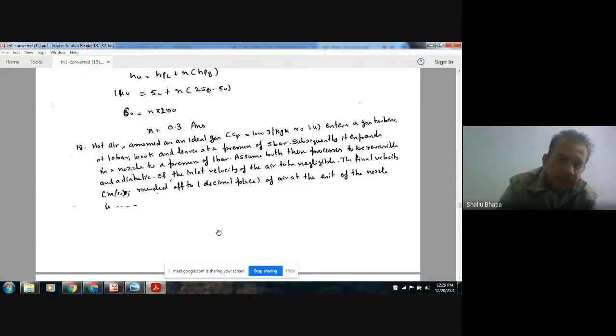Subsequently, it expands in a nozzle to a pressure of 1 bar. Assume both these processes to be reversible and adiabatic, and the inlet velocity of the air to be negligible. The final velocity in meter per second, rounded off to one decimal place, of air at the exit of the nozzle is